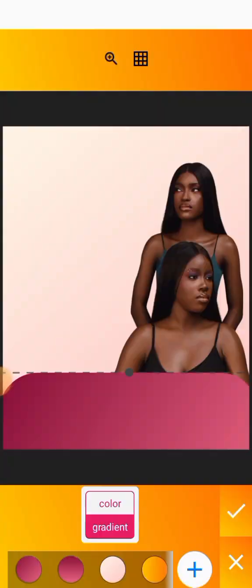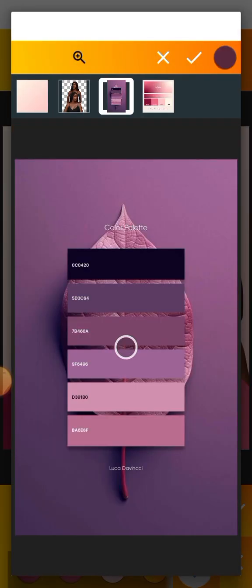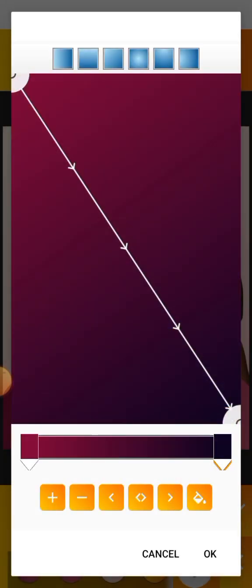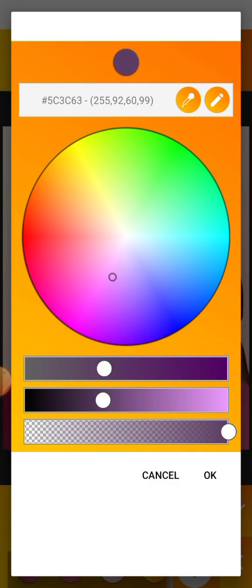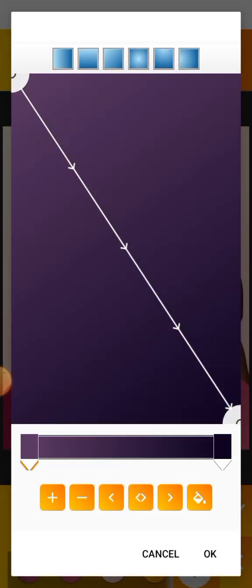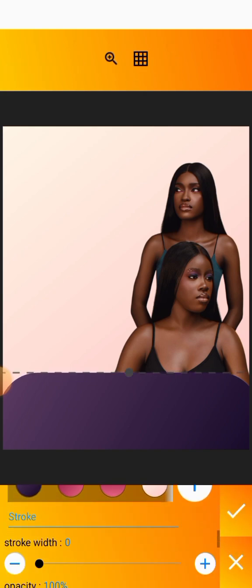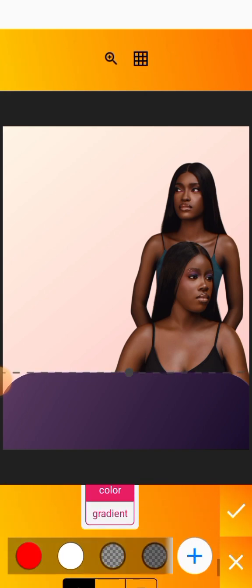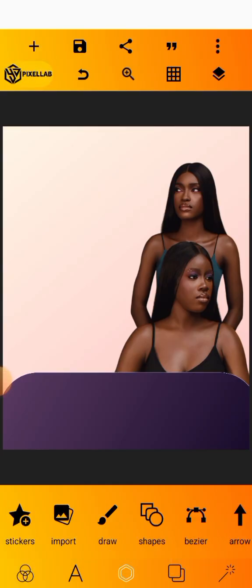Alright, I'm not okay with this color. Let me go to this one and pick this, and then pick this too. Yeah, I'm good with this. So we have something like this. Okay, let me enable the stroke. Go to stroke, enable the stroke, change the color to white, and be good. Alright, so the next thing to do now is